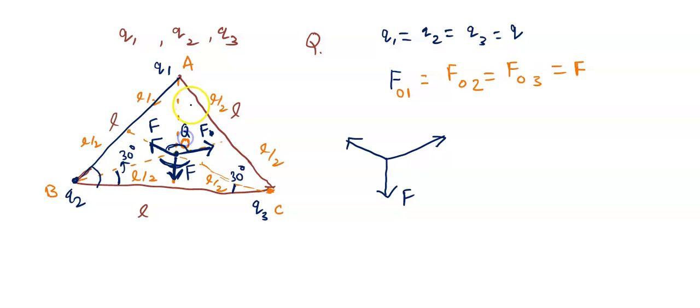Let's calculate this. This is 30, this is 30, so it is 60. The complete angle is 60. And if this is 30, this angle will be 90 degrees, isn't it? Because this is the perpendicular bisector. So 90, 30, 150. So what is the remaining one? This angle will be 30 degrees. This is 30, 30, this is 90, so it will be 60 degrees. Right? Yes, sir. It is 60 degrees.